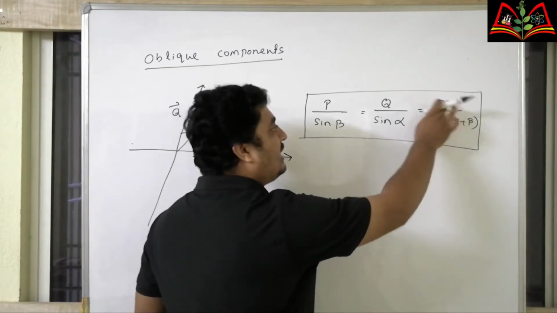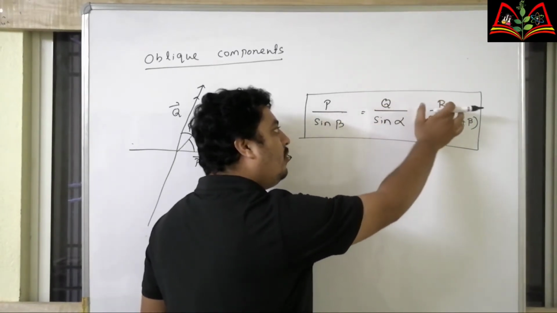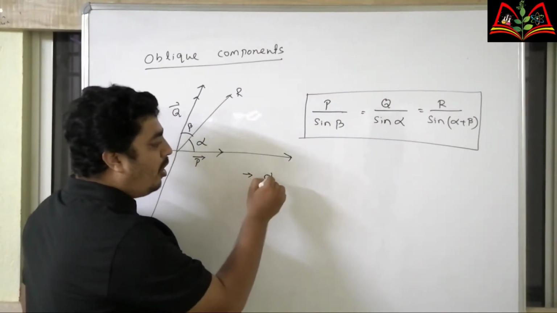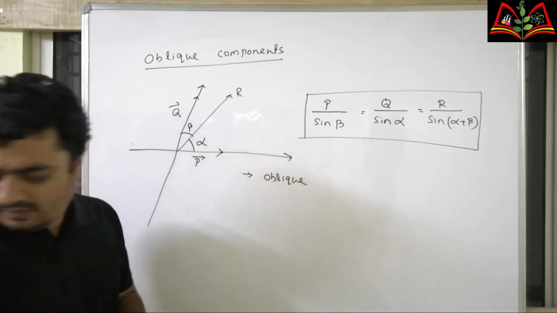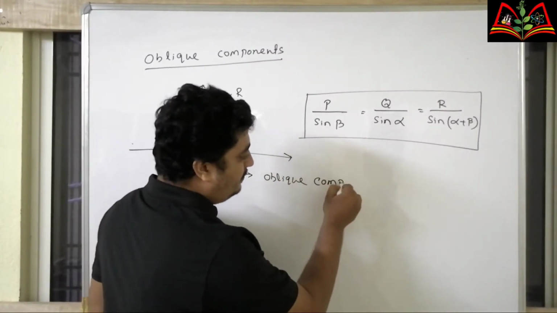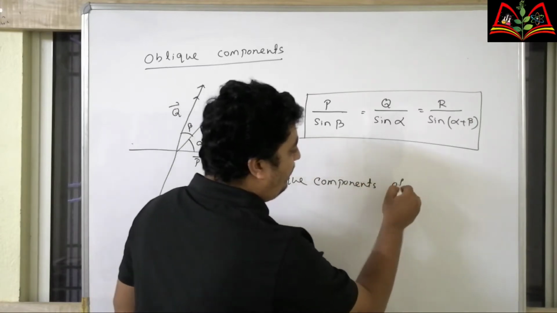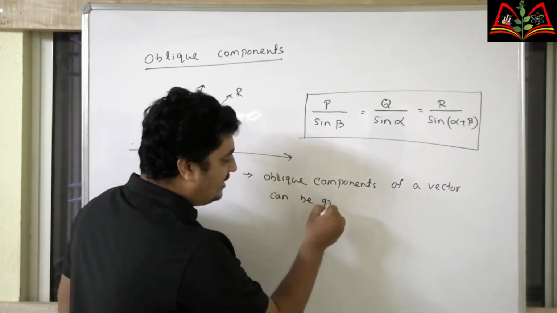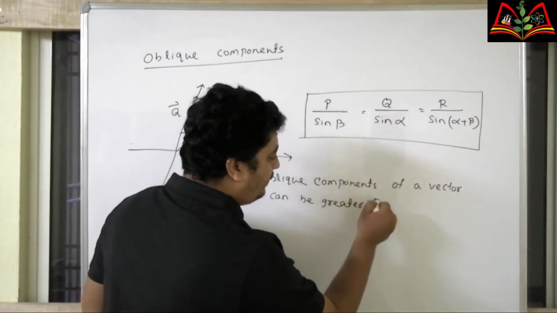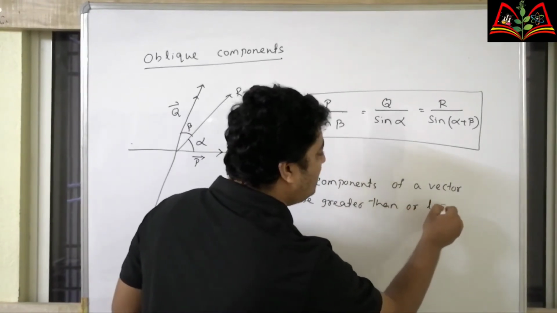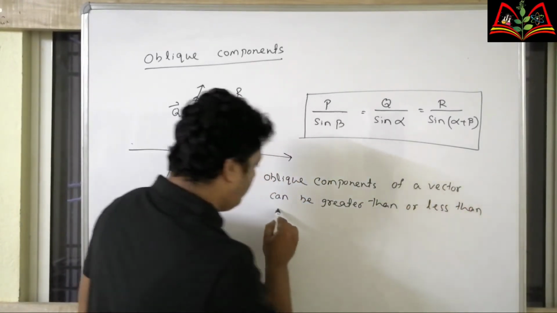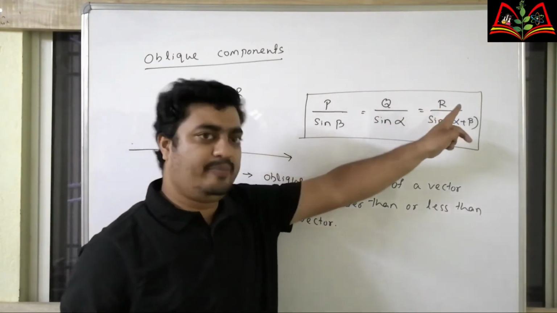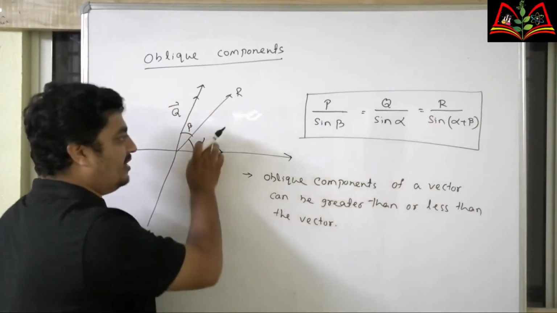That's why R can be greater than P, greater than Q, or R can be less than P and Q. So, we can say oblique components of a vector can be greater than or less than the vector, depending upon